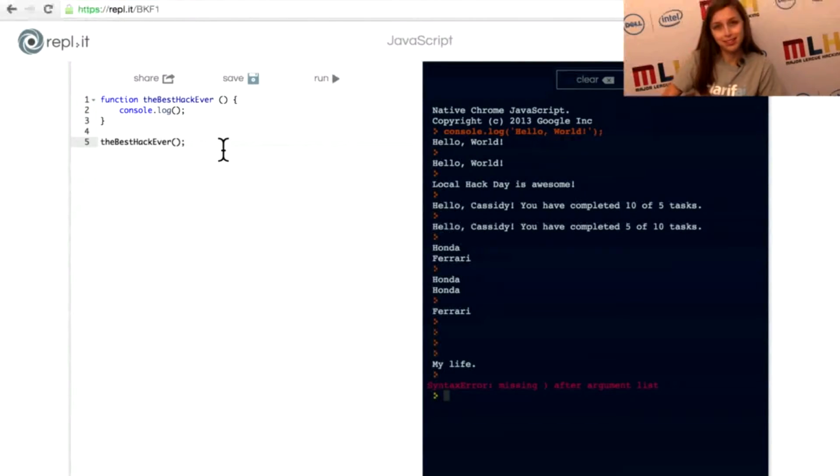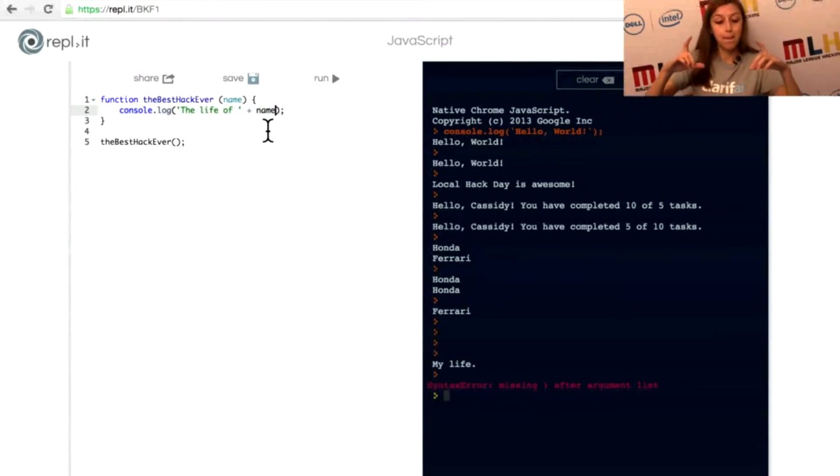Okay, here we are. So let's just say I go back to this best hack ever, and I'm going to add a parameter name, and then I'm going to add, let's just say, name plus, I'm going to start over again, because life happens. Okay, so if we go back to this best hack ever function, I'm going to put name as one of the parameters, and then I'm going to do the life of, and I'm going to put name right here.